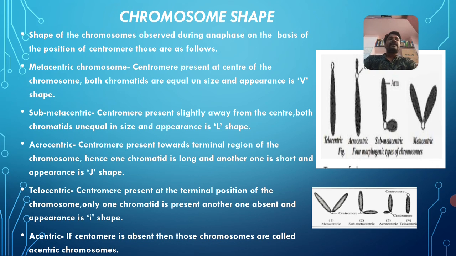This is all about the first half of the morphological structure of the chromosome. Tomorrow we will discuss the structure of the chromosome, the external part. We have already discussed that the chromosome consists of the primary constriction, secondary constriction, satellite chromosome, telomere, kinetochore, centromere, chromatin, chromatids. All these parts are studied in the next class.